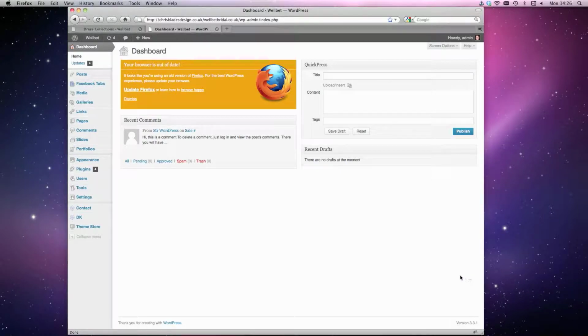To add a new dress collection to the website, you need to do 3 stages. You need to first of all add your gallery, create the page, and also create the collection itself. So first of all, log into the CMS control panel, and from the left hand menu select the galleries option, and what you need to do is go to add new,